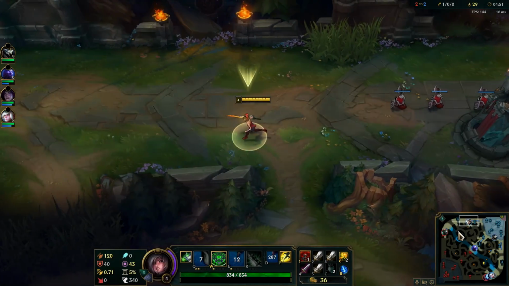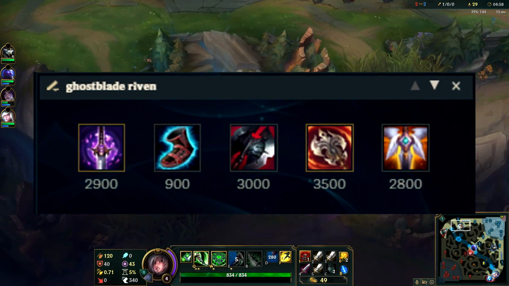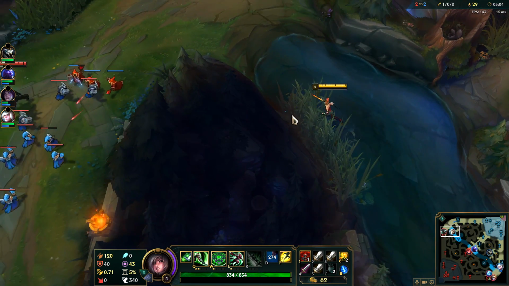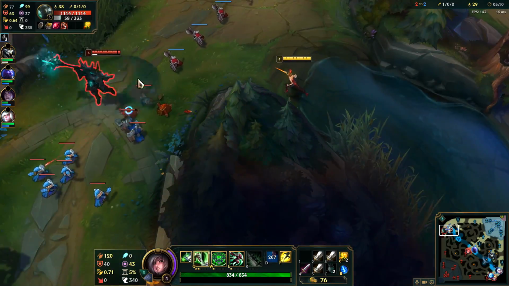So I've had many people asking the same question over and over again. Basically, people asking whether the Ghostblade build is better than the Death's Dance build, and also many other questions on what is the best build for Riven at the moment. I'm gonna answer all those questions today, but first I'd like to say that this video is being sponsored by